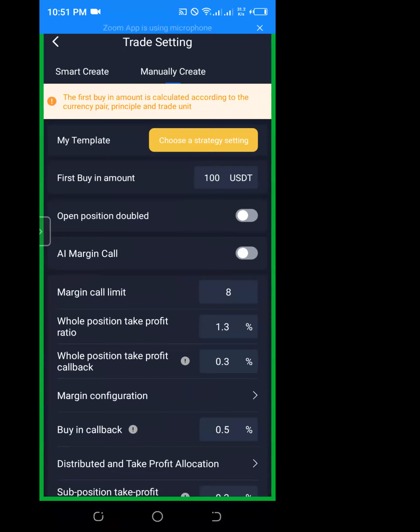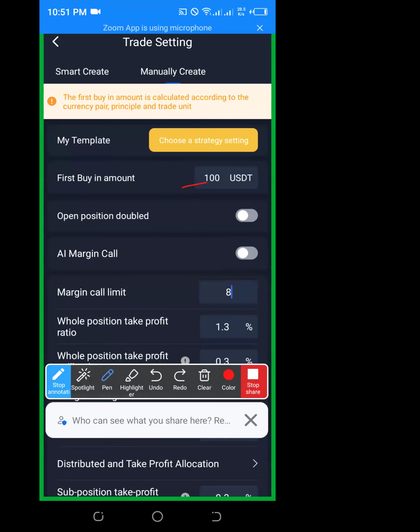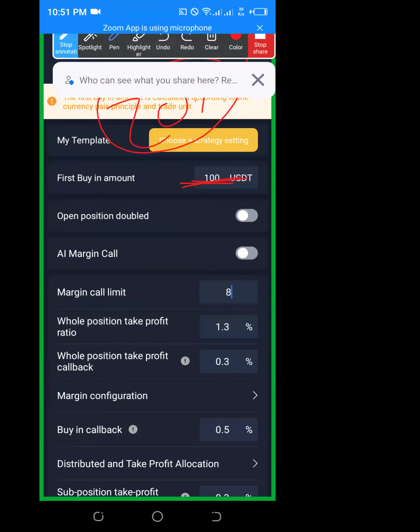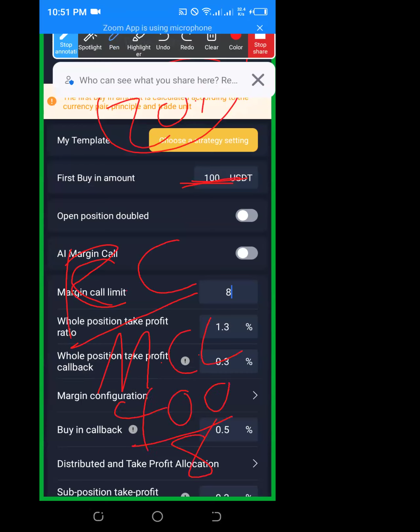Now, we are going to get the second first buying amount here, because the first buying amount was 20% of our capital, which the robot invested first in the market. Now we want to find out the second first buying amount, which the robot will use to invest in each and every margin call from the first to the 8th call. This is what you do. The remaining capital, divide it by the margin call limits. So $400 divided by the 8 margin calls. What do you get?